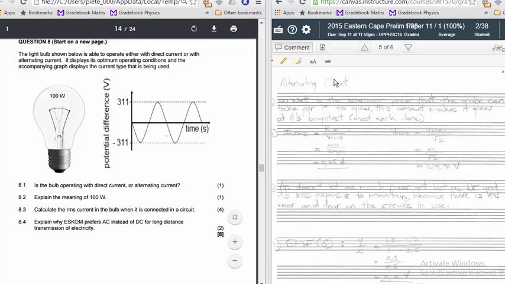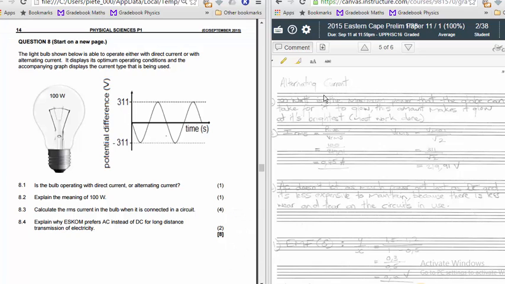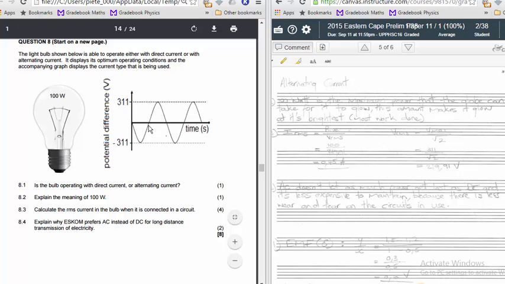Well, as this student says, this is alternating current. Alternating meaning it changes direction, and we can see that the voltage is initially negative, then positive, negative, positive. Direct current would also have these peaks and troughs, but instead of peaking at a negative and then positive, it would always be on the positive side. Okay,